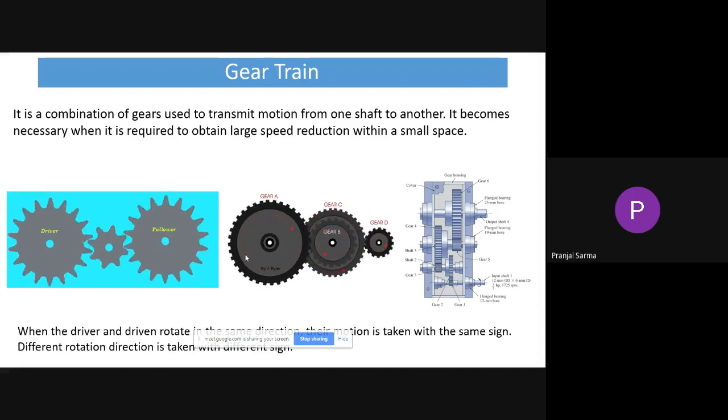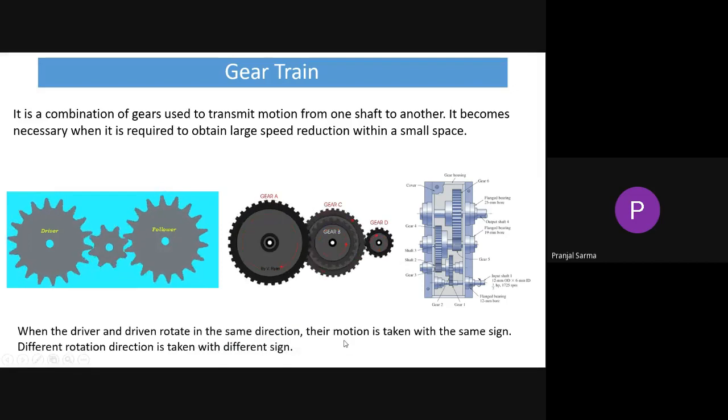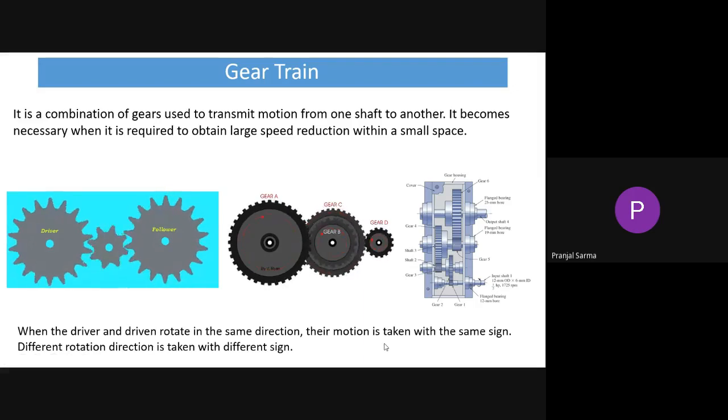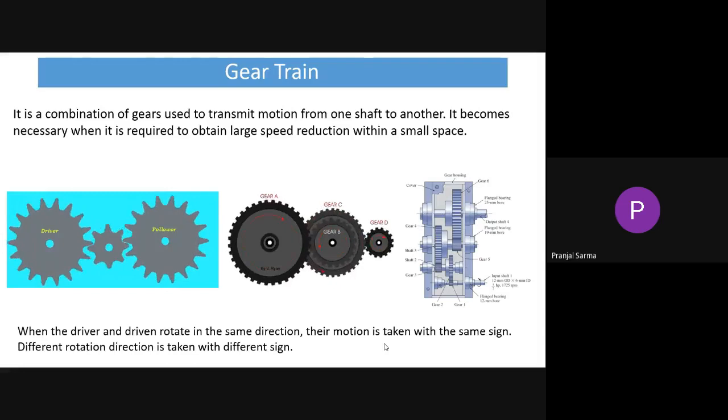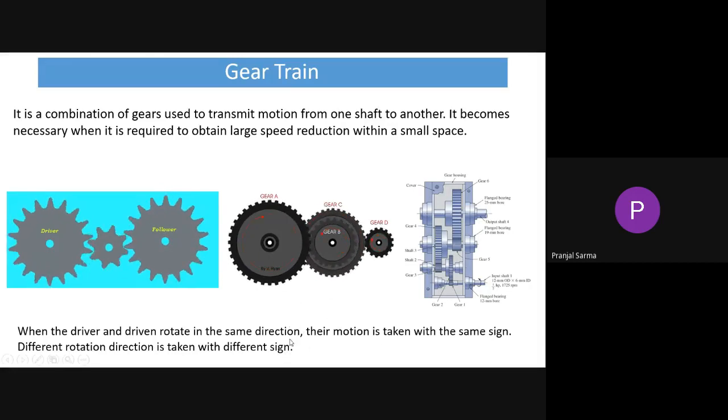Now, whenever we use this word gear train, it is appropriate when we have a minimum of three gears in mesh. In the previous case, the gear drive, we were generally talking about only the driven gear and the driver gear. But whenever you use the gear train, we automatically mean that a minimum of three gears are in mesh. So if you look at this first figure, the first animation, the blue background one,